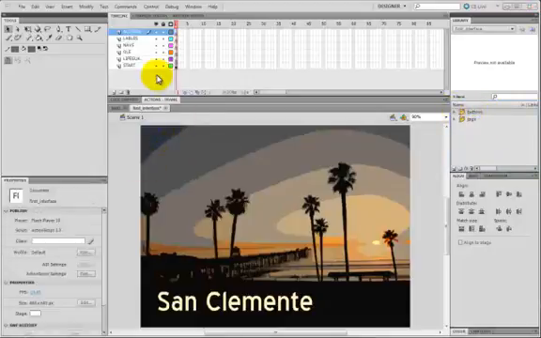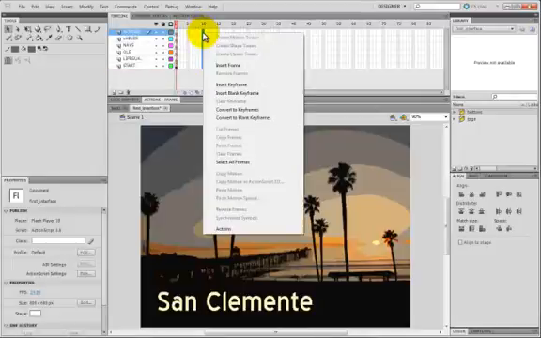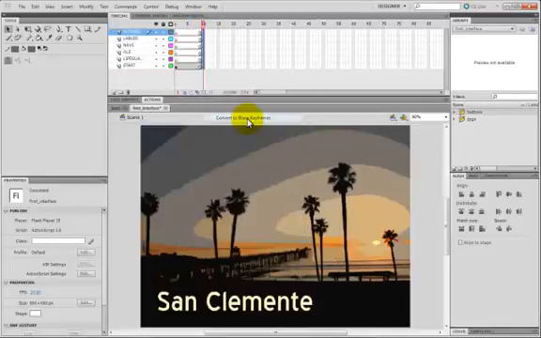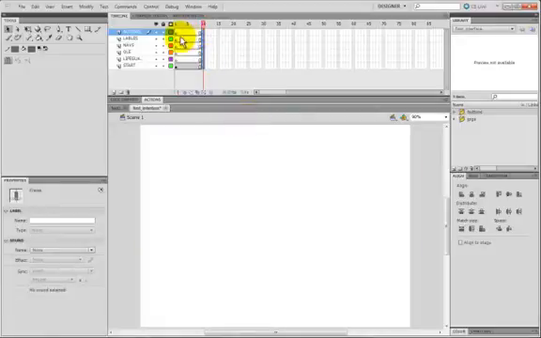Next, I'm going to add some blocks of time here in my timeline. I'm going to place my cursor at the bottom of frame 10 and hold down the Shift key and click all the way up to the top. Once I've done that, I'm going to right click and insert blank keyframes. By doing this, I've added a frame span that goes from frame 1 to frame 9 for all of my